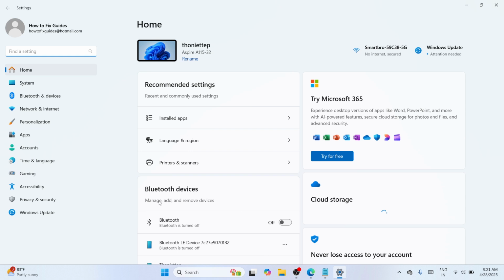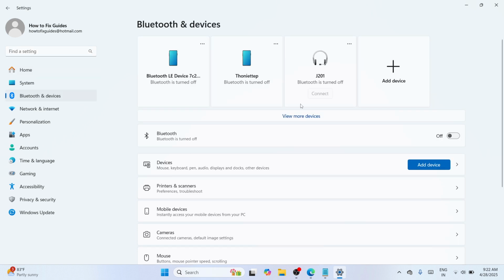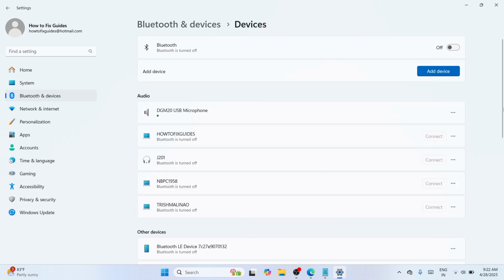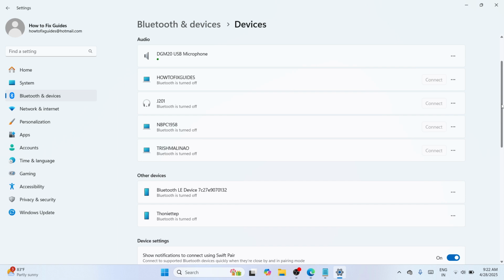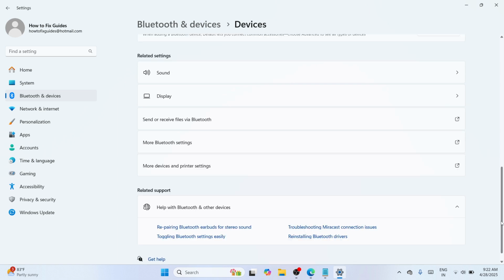From here at the settings, directly proceed to the left side, where you can see an option called Bluetooth and devices. Here at the Bluetooth and devices, you need to proceed with the devices settings. Once you are here at the devices, all you need to do is scroll down and locate the related settings. Under it, you can see more devices and printer settings. Now tap on it,